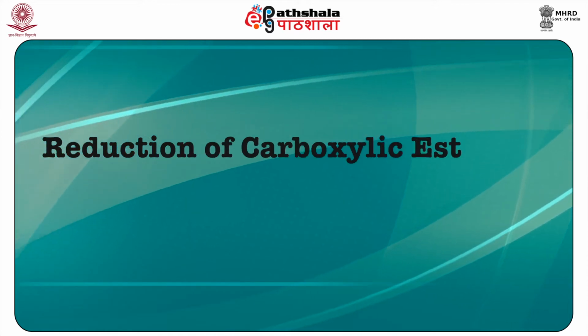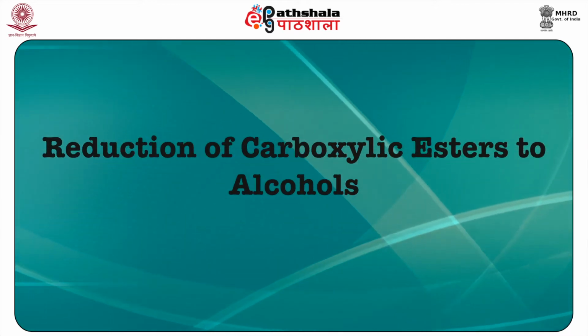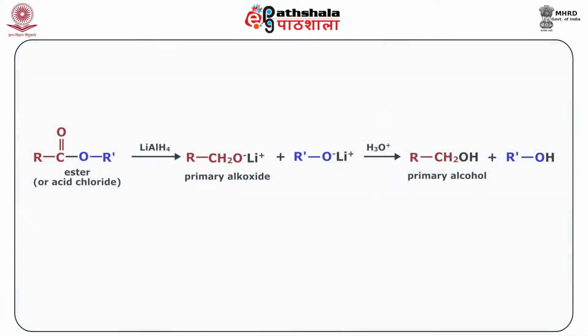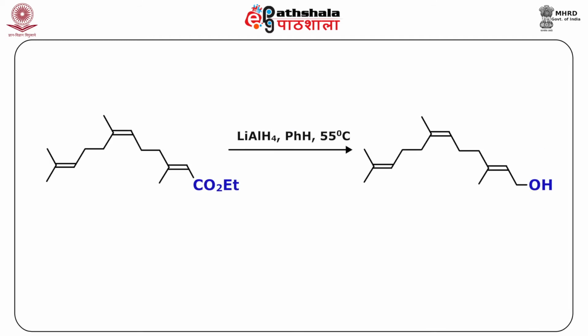Talking about how carboxylic esters are reduced to alcohols, lithium aluminium hydride reduces the carboxylic esters to give two equivalents of alcohol, and this you can see here. Starting with this particular ester, you will get a RCH2OH and another R-OH, which is actually the cleaved part of the ester alcohol part. So, this particular reaction is of wide scope and has been used to reduce many esters.